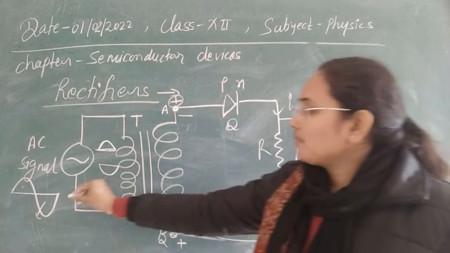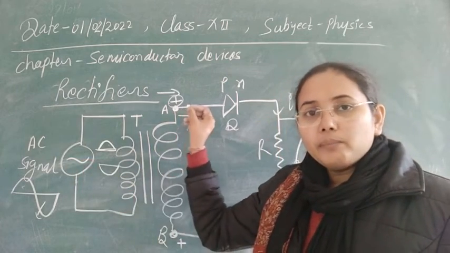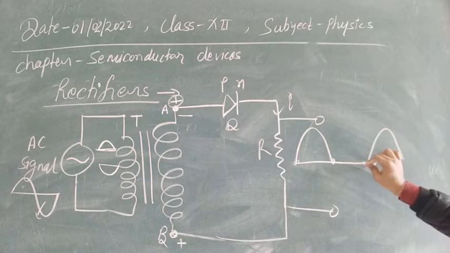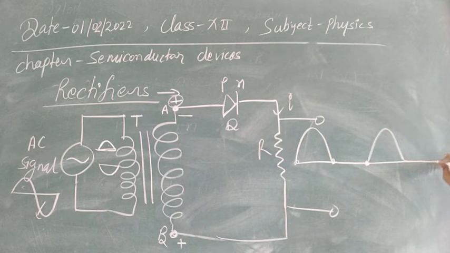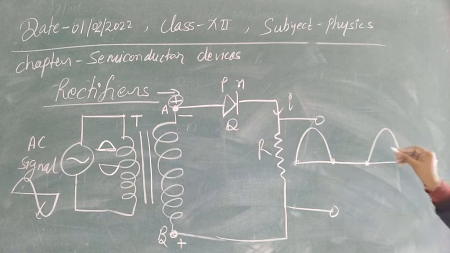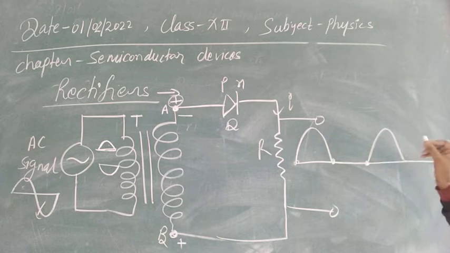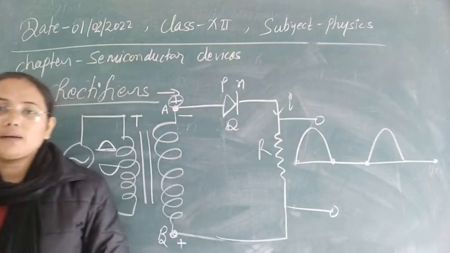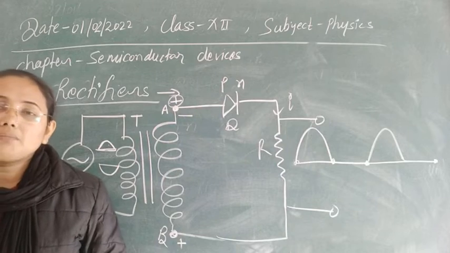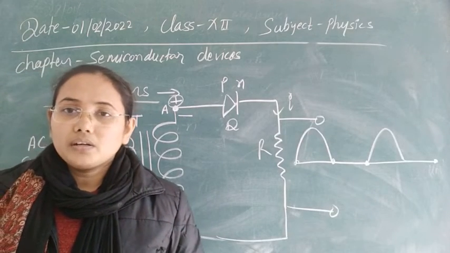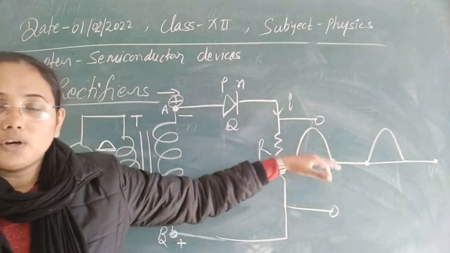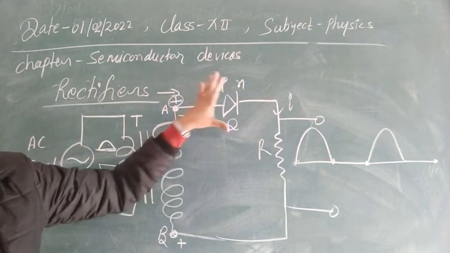Again when the positive half cycle is applied here, the diode will be in forward bias condition, it will conduct, and we will get output. Again for the negative half cycle we will not get any output. So we can see the output signal shape will be of this kind of form, that has only one kind of signal, the positive half signal. It means our signal has now become unidirectional, not a two-directional signal. So this is the DC signal we have made by using one diode.